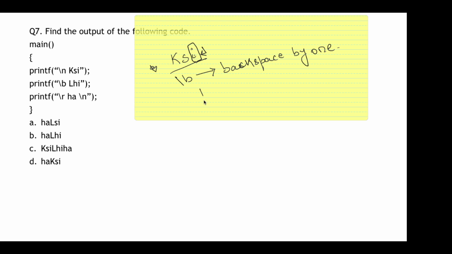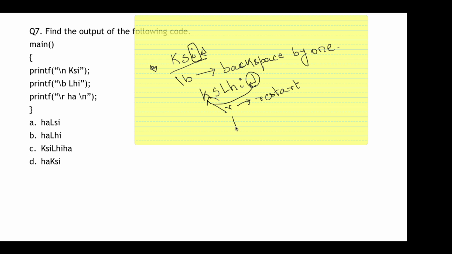And what will it print? It will print KSLHI. Now at the end the cursor is here. Now it says \r. Now \r refers to restart. Restart means now this cursor will move straight to the first position and it will start replacing.